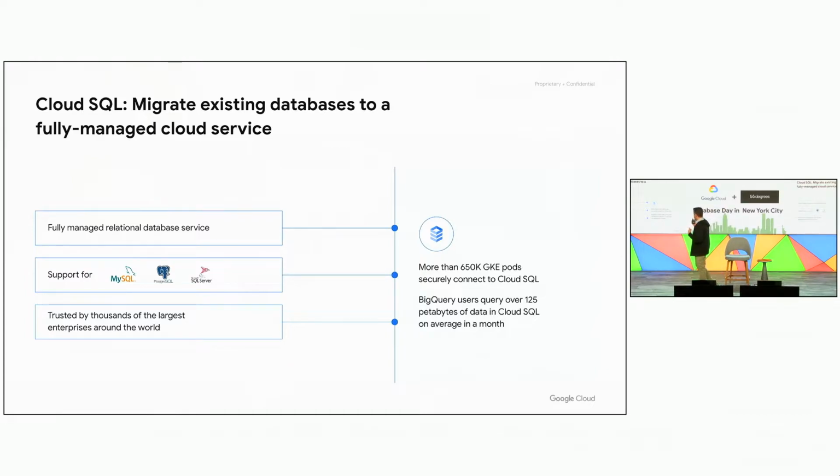So as I mentioned, our databases were designed to be integrated with other services, so that's why we included this example here. Right now, more than 650,000 Kubernetes engine clusters are being connected to Cloud SQL. A small example, a few minutes ago, is one of those customers that decided to use this type of technology